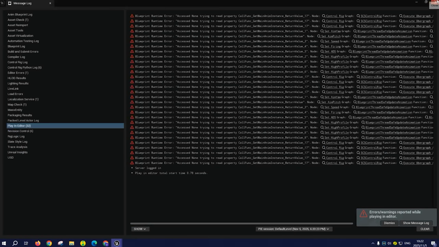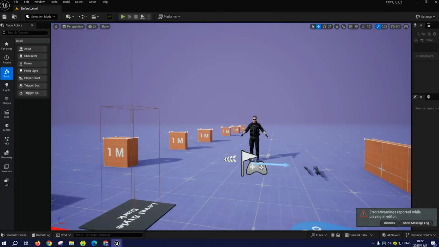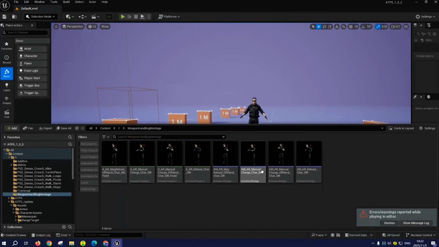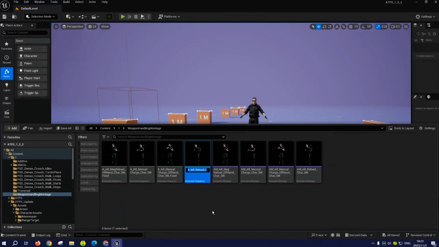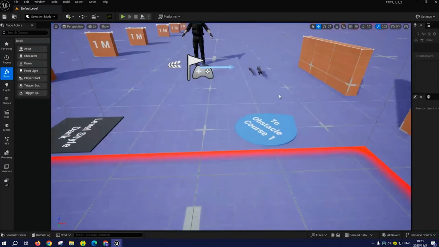Let's have a look. So essentially, if you want to modify this animation montage, if you don't like what it looks like, you can actually just modify the animation sequence. Don't do anything with the montage. Think of it as a shell, right? So what we just tested was this animation, reload, and